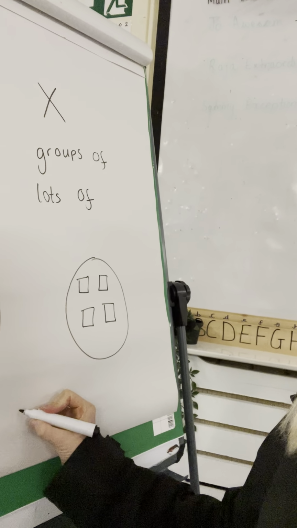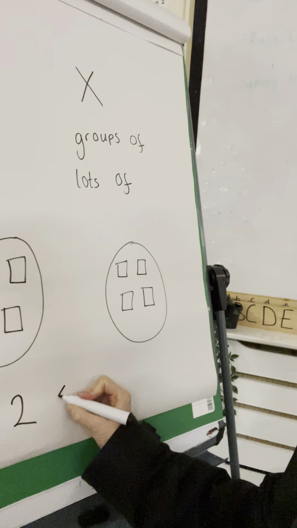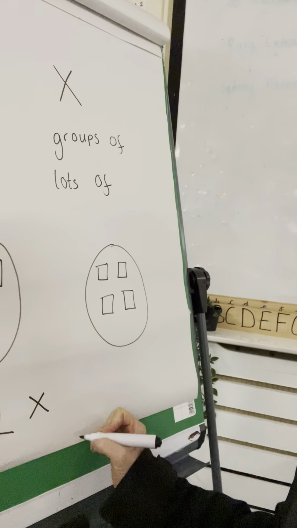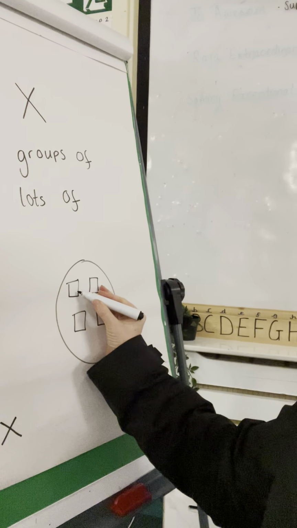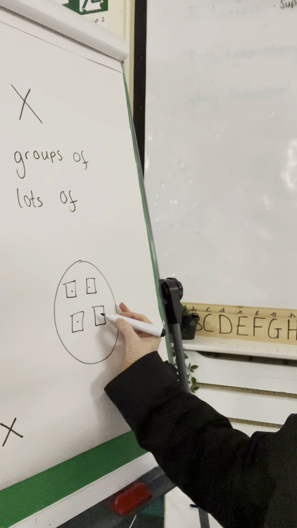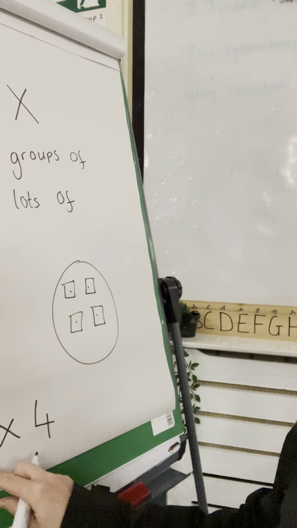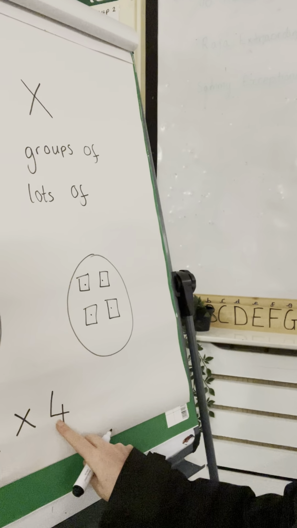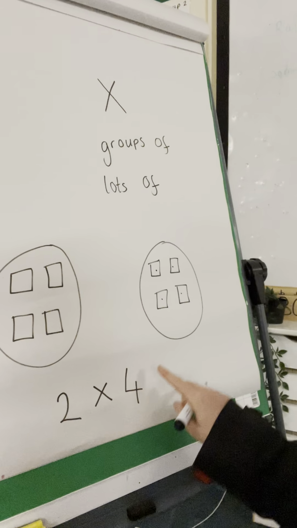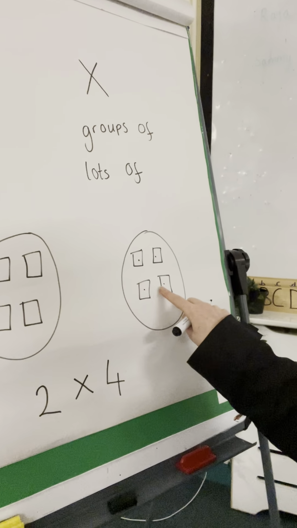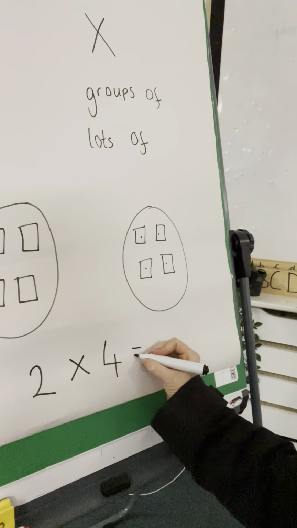And I'm going to write times, which we could also say is groups of. And how many are in each one? 1, 2, 3, 4. I've got 4 in here. 2 groups of 4. And then I'm going to count them all. 1, 2, 3, 4, 5, 6, 7, 8. Equals